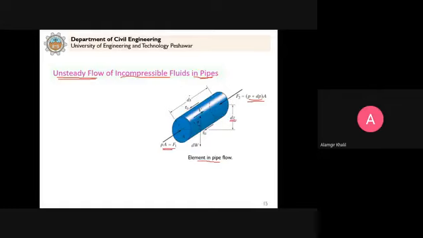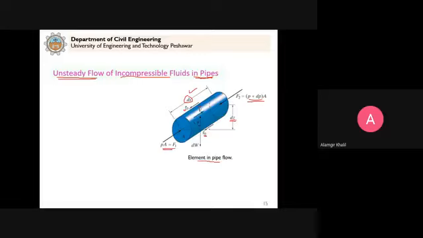The horizontal distance, that is not horizontal, but in this case, since it makes an angle theta, this dimension is denoted by ds. The fluid is flowing with a velocity v, and because the fluid is flowing in pipes, shear stresses will develop, and these are denoted by tau naught,